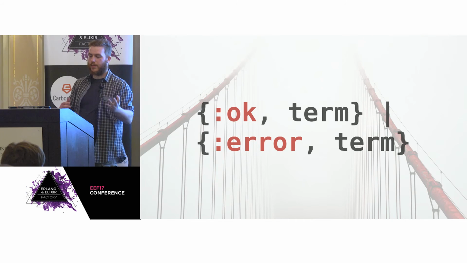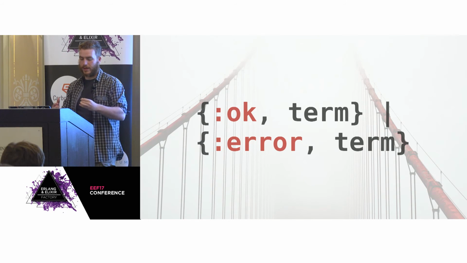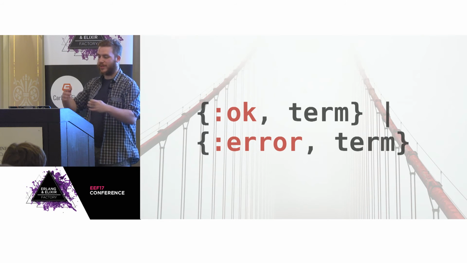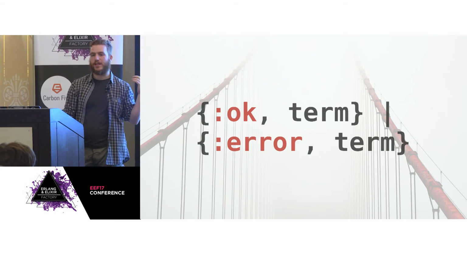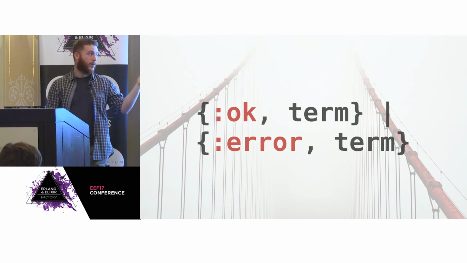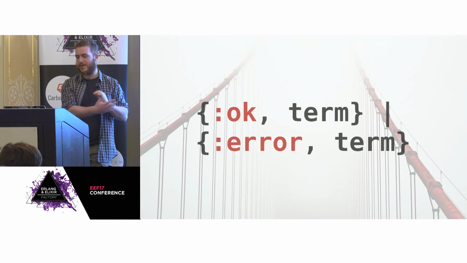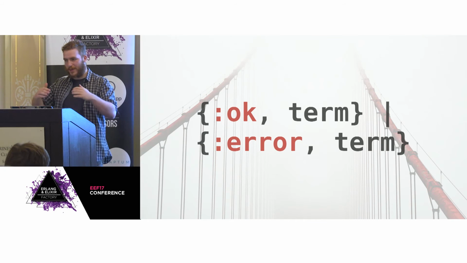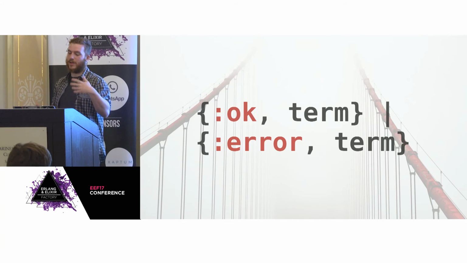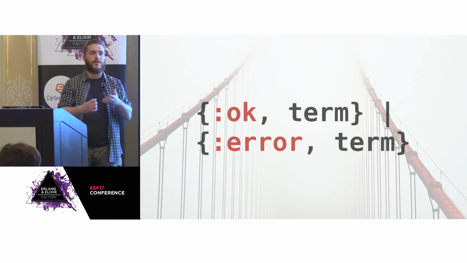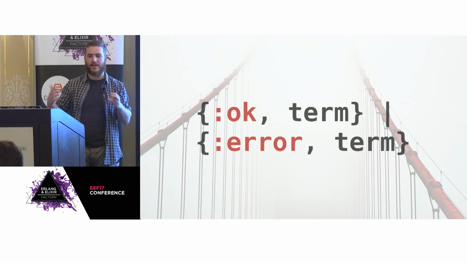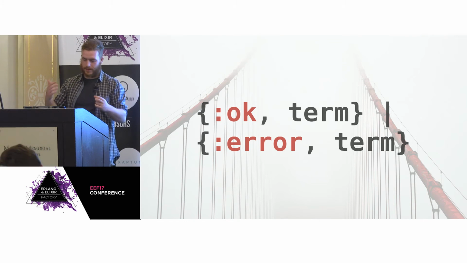And by doing this, I was able to start out with something that already exists in the Erlang community. There are a lot of functions already that have this signature, right? That return ok, term when something goes right and error, term if something goes wrong. But then, to make the library even more composable, I thought that predicate functions that take arguments are already some kind of validation in themselves, right?